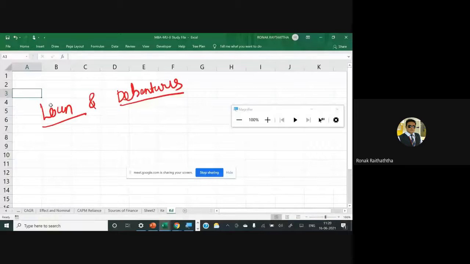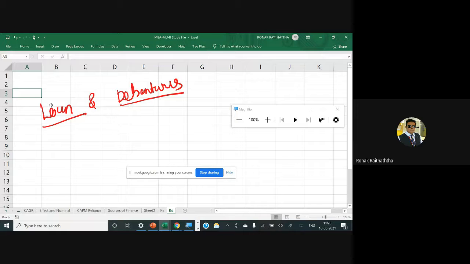That's why your profits will be less, and if your profits are less, you pay less tax on it. So there will be a KD before tax and KD after tax. Now this before tax and after tax will be applicable only in the case of the cost of debt. It will not be applicable in cost of equity, cost of preference, or any other finance. When the money is paid to outsiders and interest or some other expenses are charged, only then can you call it an expense. Dividend cannot be called an expense.